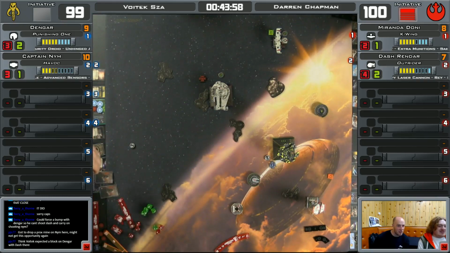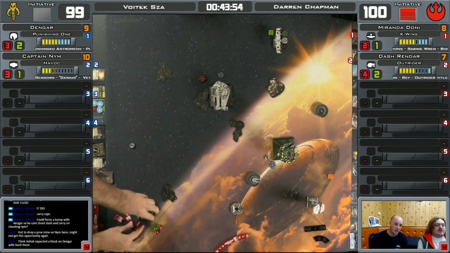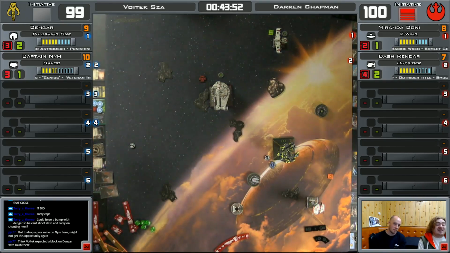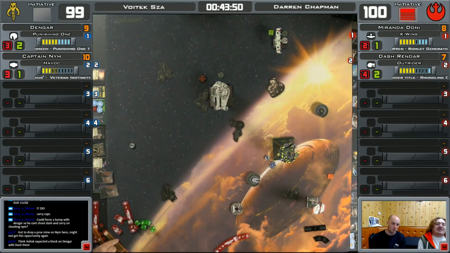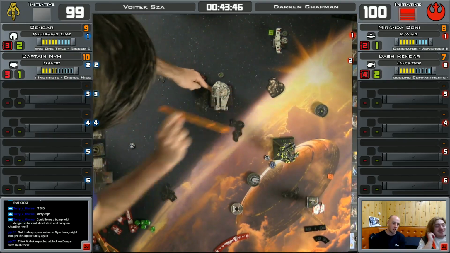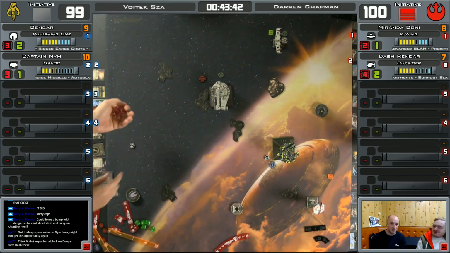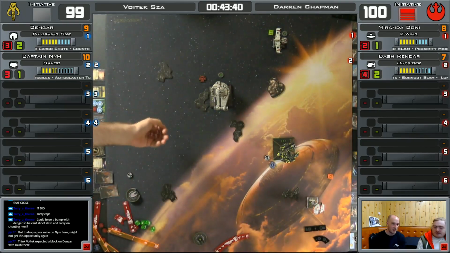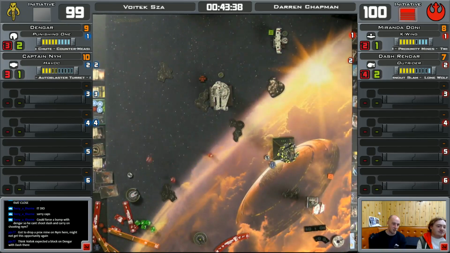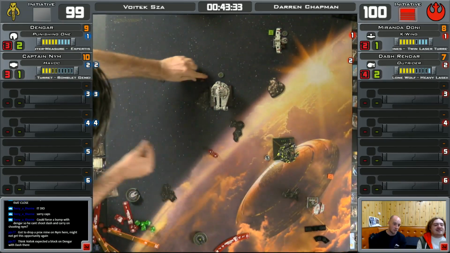Although I don't know if Dash has Miranda got a shot. No, Miranda definitely hasn't got a shot. But if Dash is alive this next round, then Miranda will eventually be... The thing is, by the time Miranda gets around an asteroid, Dengar's going to be somewhere else on the board. Yep, and if Dash is on 1-2 hull at the end of this, you don't fancy his chances of surviving to get another shot after this round. Then again, when Dengar's rolling like that, maybe...